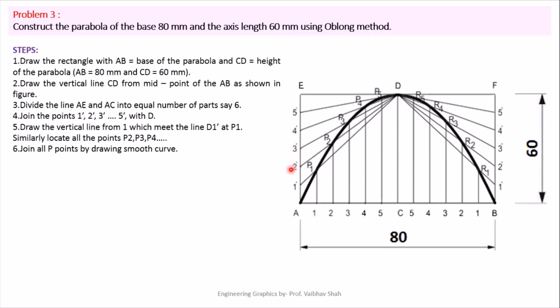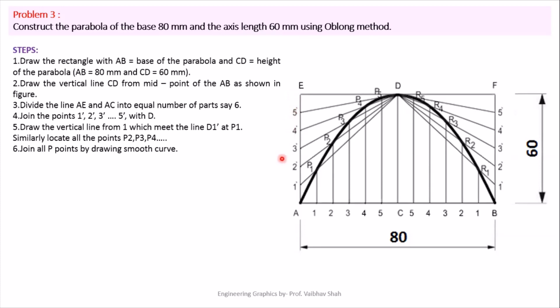So what we'll do is we'll be dividing this AC portion into the same exact number of equal parts as that of AE. So let us say we are dividing this portion into 6 equal parts and we'll start numbering from point A obviously. So let us call this point A as 0. So this would be 1, 2, 3, 4, 5 and 6 point would be nothing but your point C. Now once again let us start from this point A as a 0. So this is 0, 1 dash, 2 dash, 3 dash, 4 dash, 5 dash and this E point would be nothing but your point 6 dash.